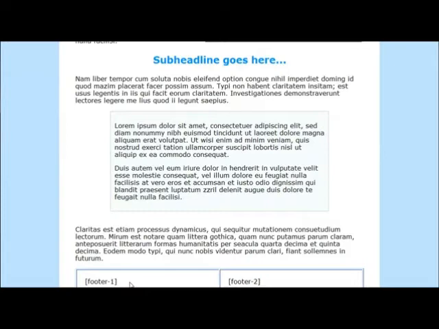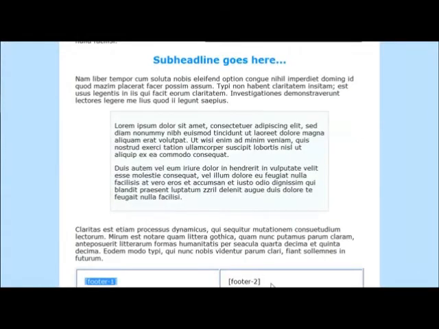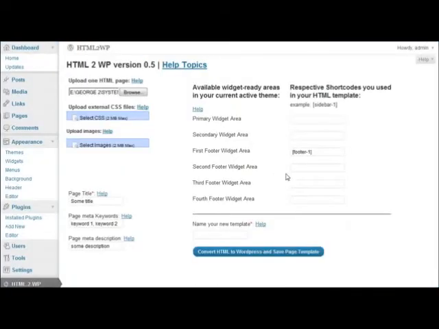So we're going to copy this, footer 1, copy, and since we are talking about the footer, we're going to paste it in the first footer widget area. Footer 2, second footer widget area.